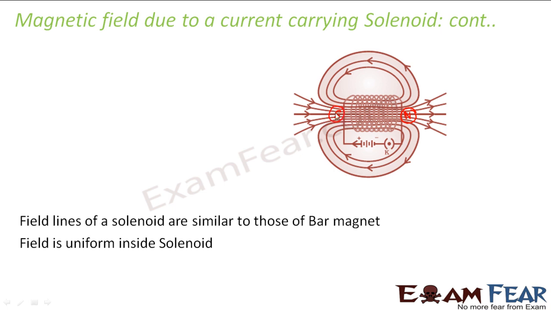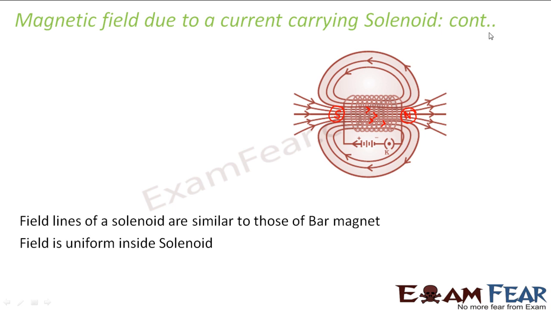That means a solenoid is not a bar magnet, but the behavior of the solenoid is similar to a bar magnet to some extent. Therefore, the end of the solenoid from where the magnetic lines are assumed to initiate is known as the magnetic north pole, and the other end where the lines seem to terminate is known as the magnetic south pole. So here also the magnetic field outside forms curved loops, and inside, the magnetic field lines are from south to north and they are uniform.